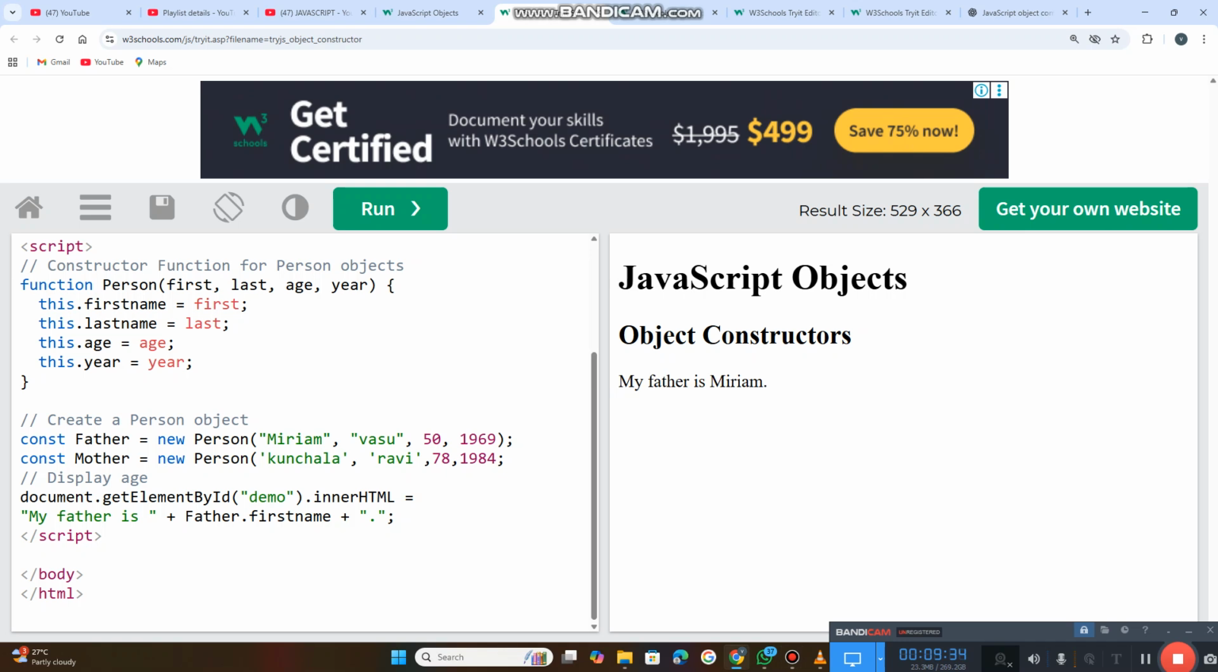Now this is the result that is being displayed on the screen. Before this I have kept a string, which is to be displayed on the screen, my father, inside of double quotation marks, and I can call the property of every object, as I told you, these are the values assigned to